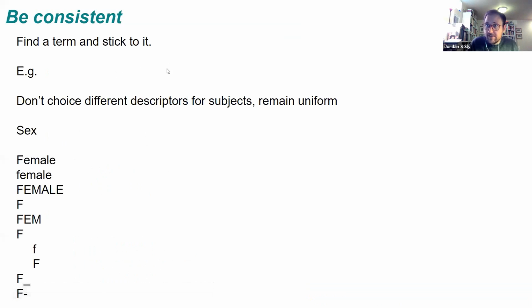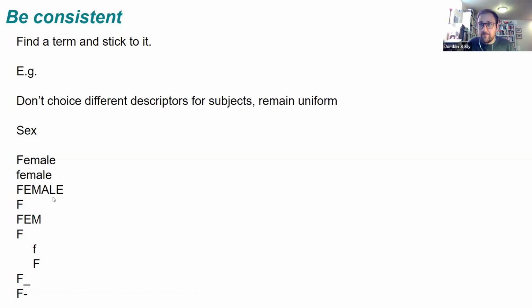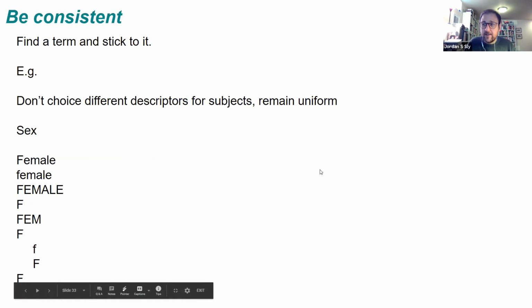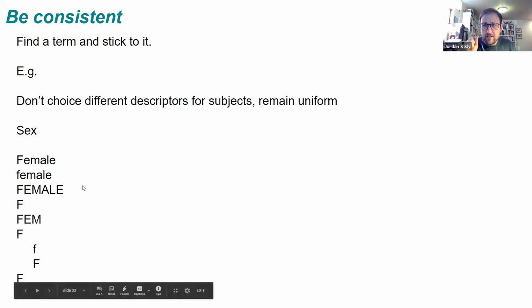Okay, so here's some other ideas about consistency, for example. What this really highlights is in your data collection, making sure that from the beginning, you're planning and you've decided your terminology that you're going to be using. So if we're using something like a determining factor for sex and we say female, we want to make sure we use the same version of this. None of these will be read the same way, in other words, by a machine. Each one, even if we're connecting our nodes across, each time it says female, in one of these different ways, the machine is going to give us a different output for these each time, thereby cluttering up our data dramatically. And machines are very literal, by the way.